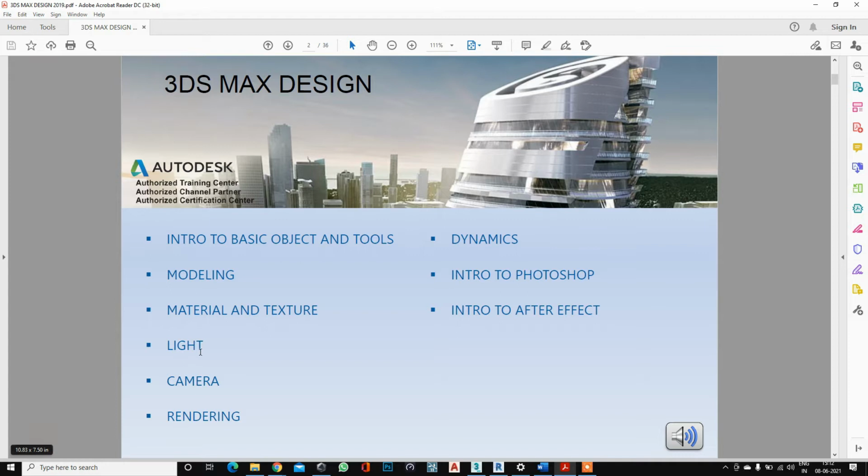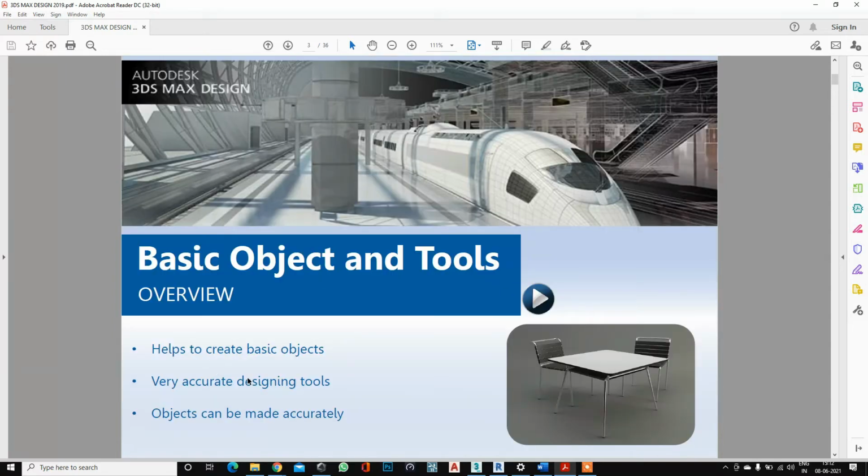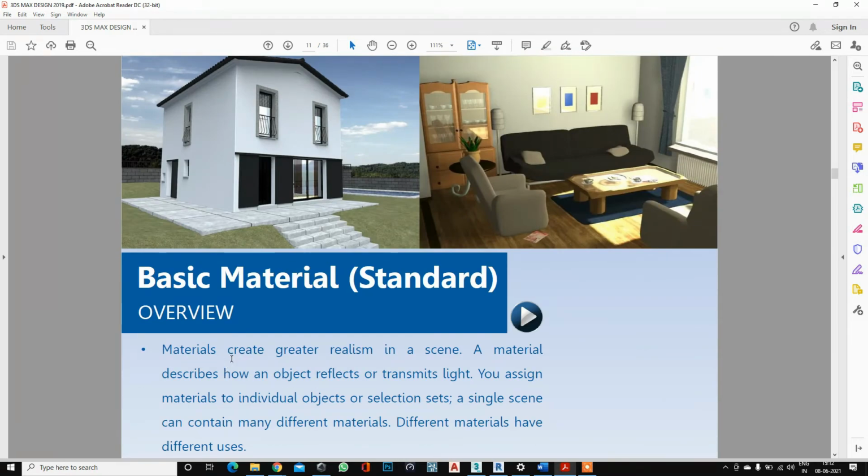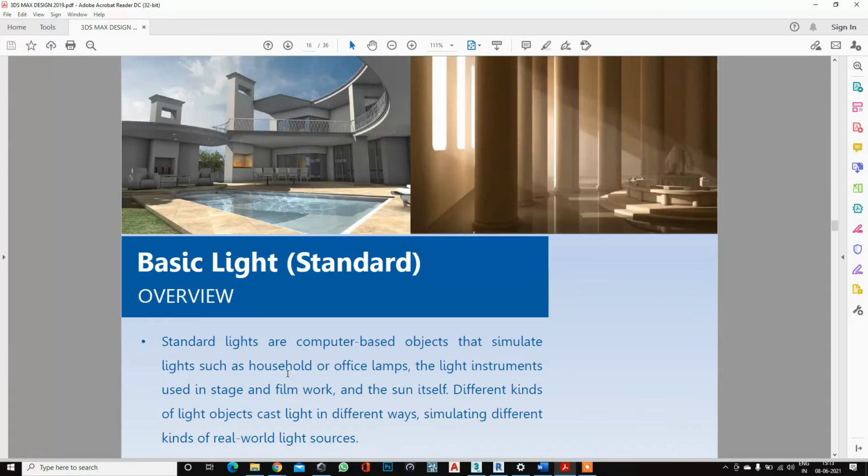Okay, then light. In light there are two types of light. First is the natural light, which is sunlight, and then artificial light, which is 2 to 3 types, like spotlight, dome light, and interior lights. Then camera. Okay, see, basic lighting, advanced lighting.